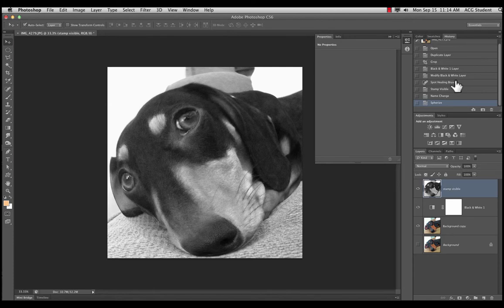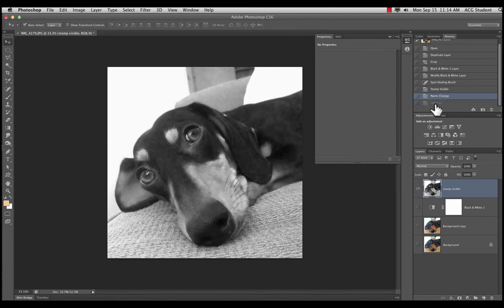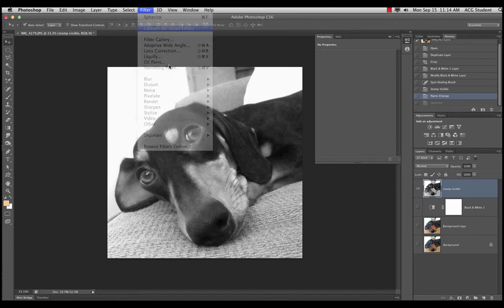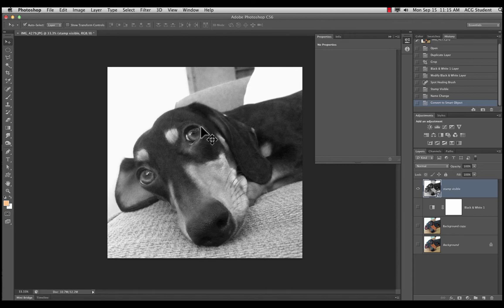So let's go up into our history, click up one, go back to the name change where we named stamp visible. We're going to go to filter, convert for smart filters. And what that does is makes it so we can add layers, we can subtract them, we can move them around, and we can change the blending mode of filters. So we can go to filter,